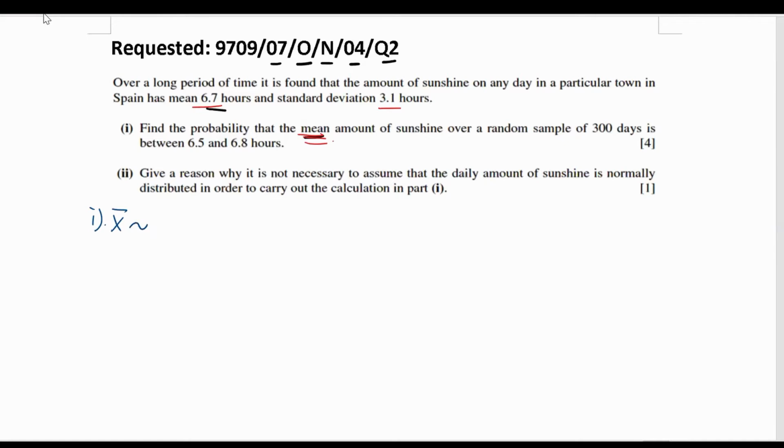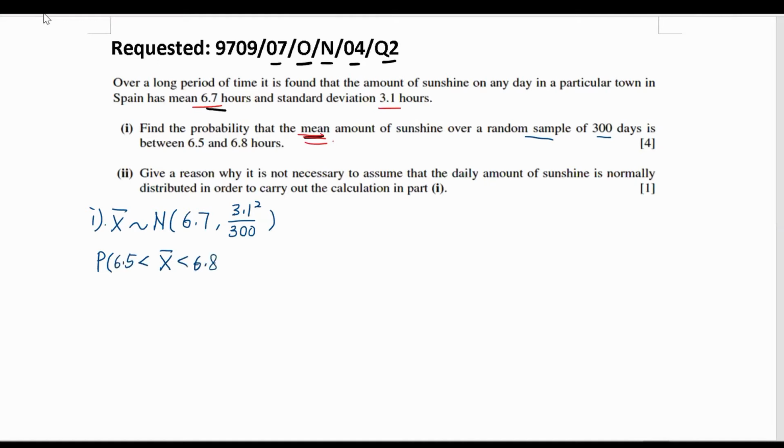And the X-bar distribution follows a normal distribution, where the mean is 6.7 and the standard deviation is 3.1, but we have to put the variance here. So it's going to be 3.1 squared. And don't forget for the sample mean distribution, the variance needs to be divided by the sample size, 300, right? A random sample of 300 days. Okay, we are finding the probability that the sample mean, the mean amount of sunshine, is between 6.5